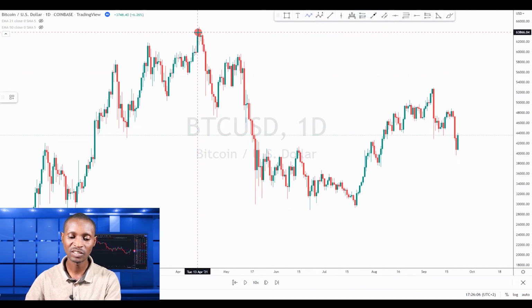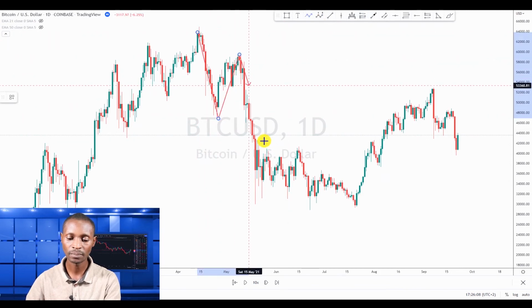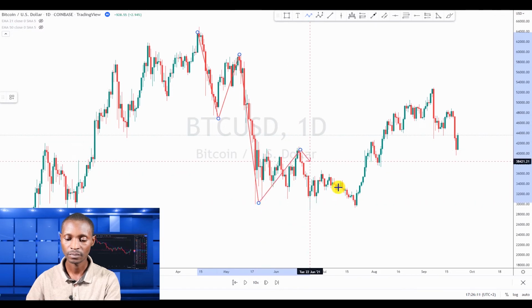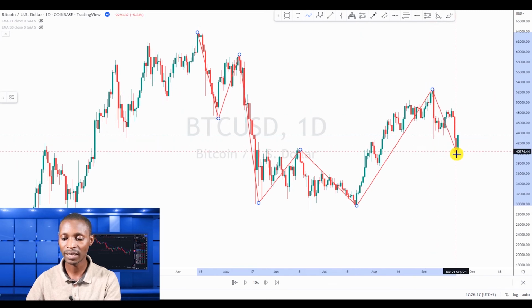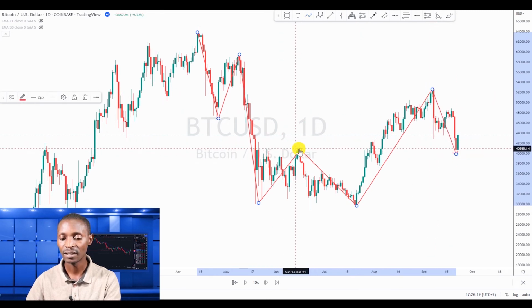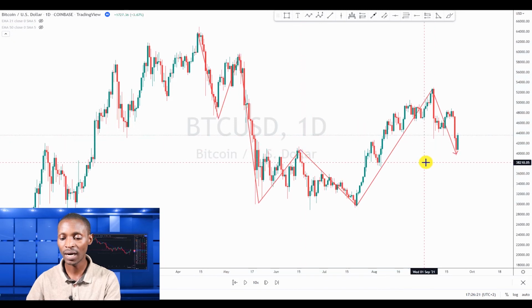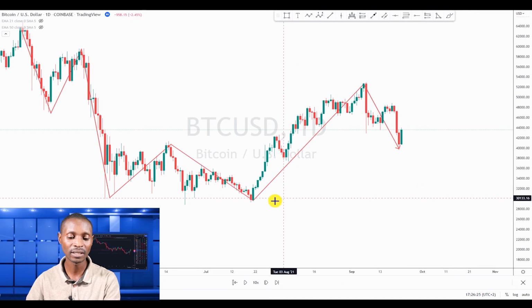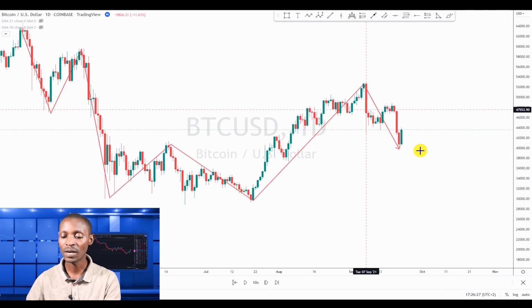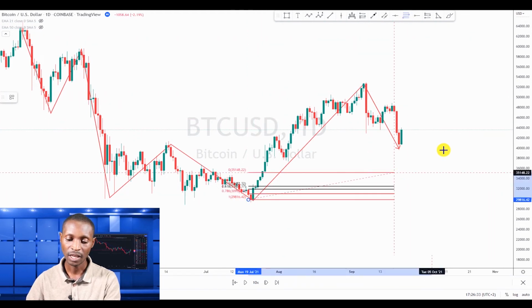You clearly saw that this market was trending lower, and then buyers stepped in, pushed the price up, and closed above this lower high. This is a good signal that the buyers are getting power and getting control of this market. One of the ways you can use to enter this market is to set your Fibonacci